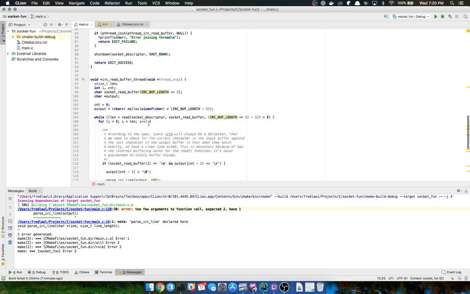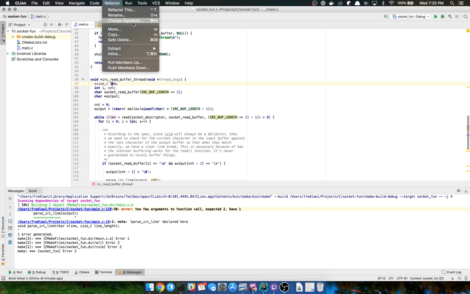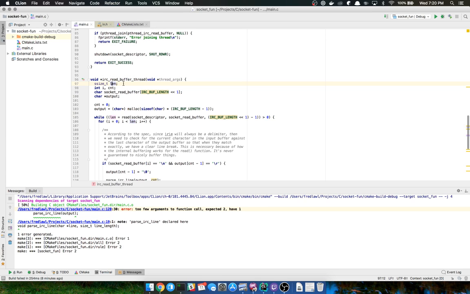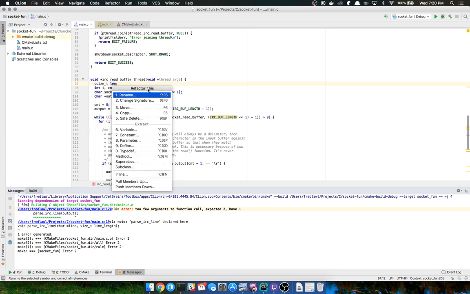Cool. And then len. I don't know about you guys, but I don't know what the hell length means. So we're going to call this. We're going to use the CLion refactor tool here if it would let me. Control Shift F. Definitely not 4. I don't know. That might be in Windows. That might kill things. I don't even know. We'll go ahead and see what this does. Command or Control T. Cool. So I'll just do Control T.